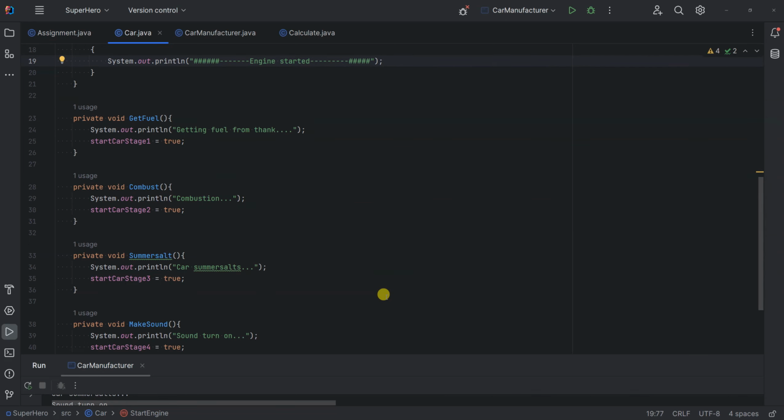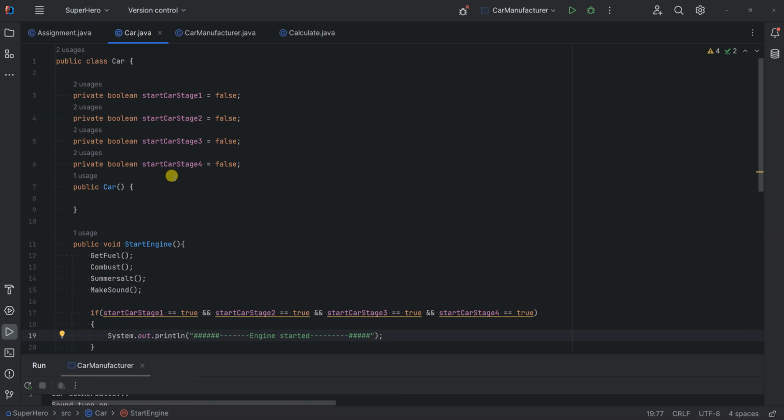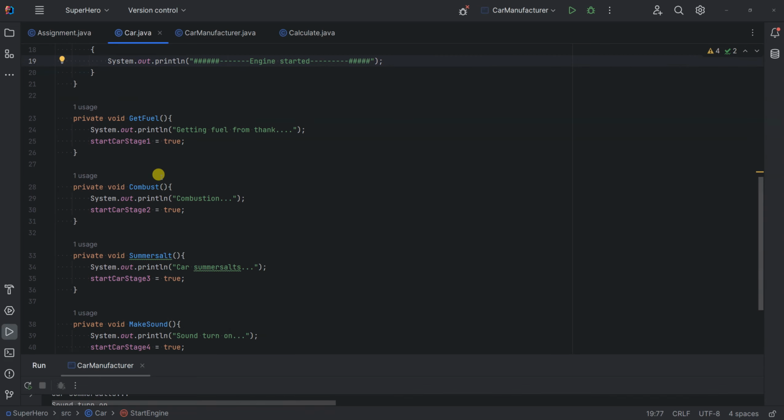So a class actually performs something. It has a job. Do you understand? So like this car class, its job is to create a new car. It's the blueprint. It creates a new car. There are certain things you probably want to use while creating a car. Like you see, we try to use fuel, we try to combust, we try to somersault, we try to make a sound. Now, however you decide to partition it, you understand? If you want to put that in a separate class, it doesn't matter. The point is, when people want to use that class, they should only be able to access what you make